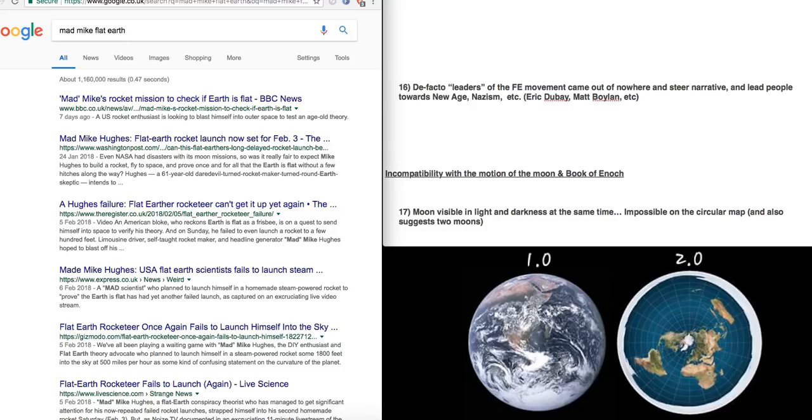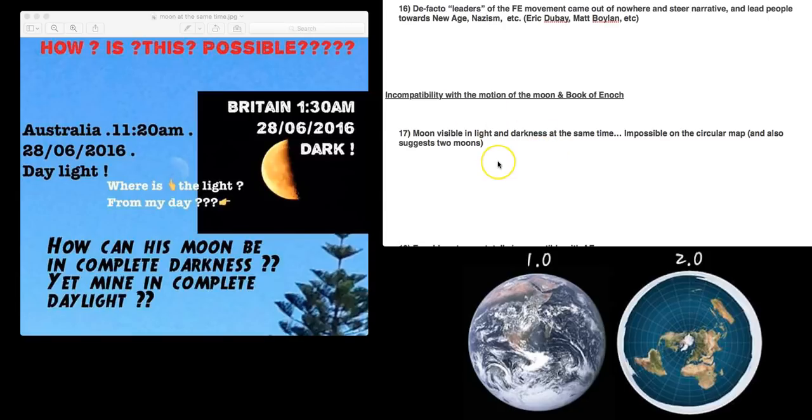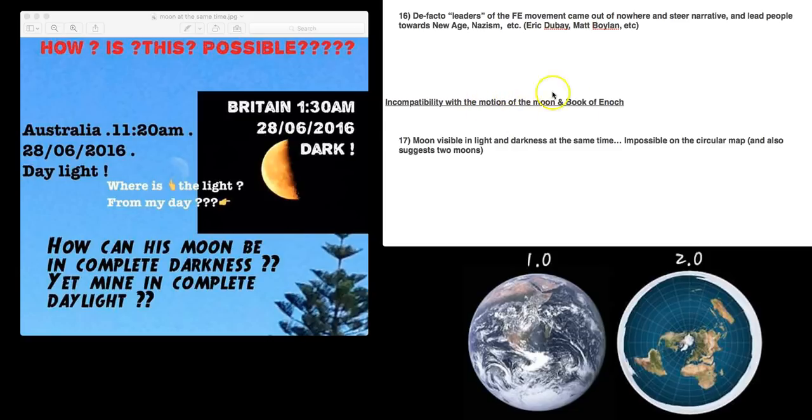I want to talk about the moon a little bit. So point 17, I'm going to cover a couple of things to do with motion of the moon, and then Book of Enoch as well. So these pictures are both taken at the same time. When it was 11:20 a.m. in Australia, which is 10 hours ahead of Britain, when it was 1:30 a.m., one of them has a black sky behind the moon, and the other one has a blue sky behind the moon. Now, that is not possible